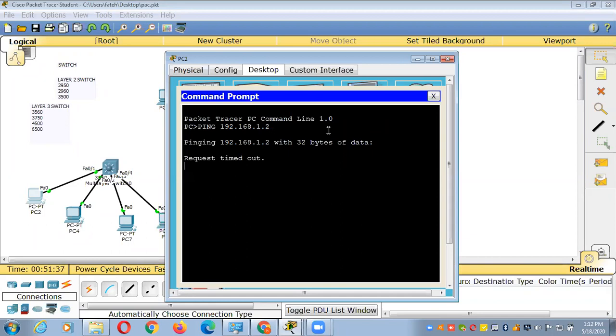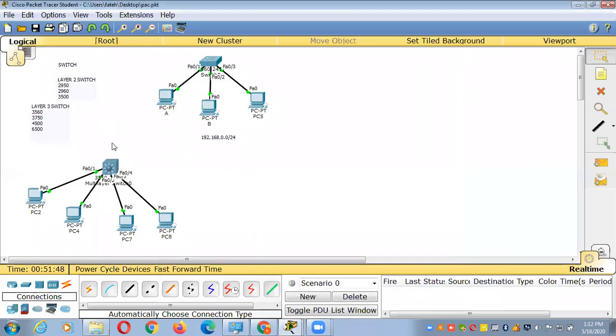Request timeout. It means that when VLAN 10 is trying to communicate with VLAN 20, you are getting request timeout here. Why? Because you are not enabling routing here. Because you are not enabling the routing protocol here. That's why.